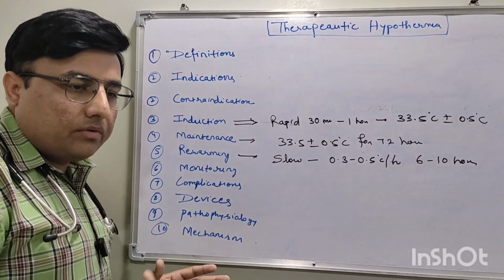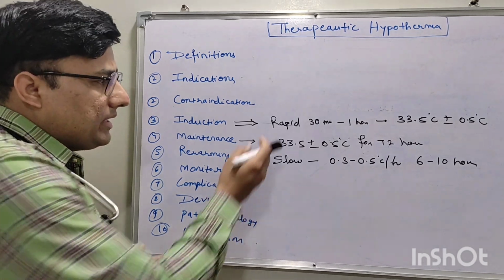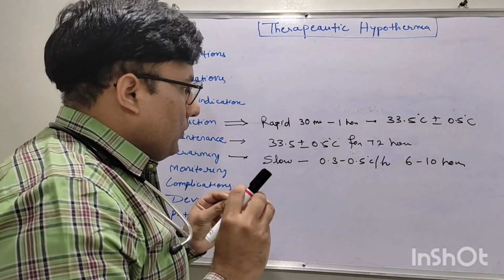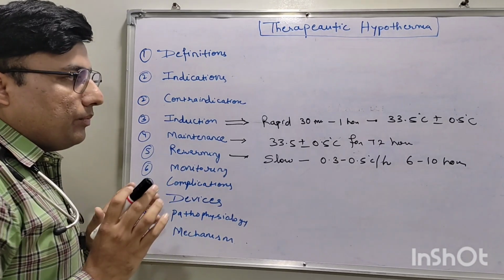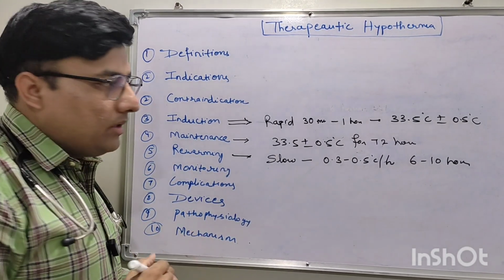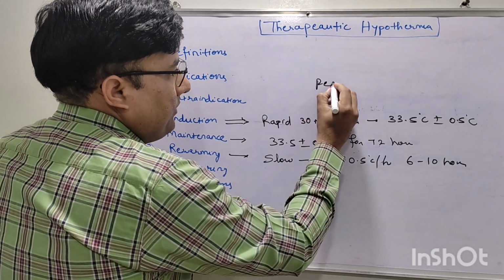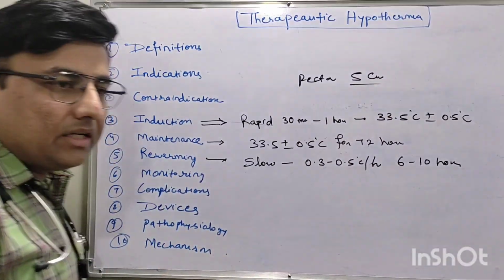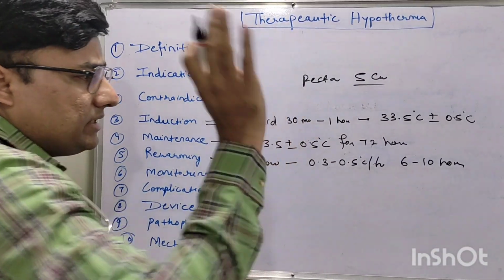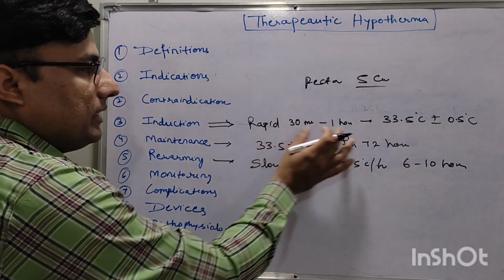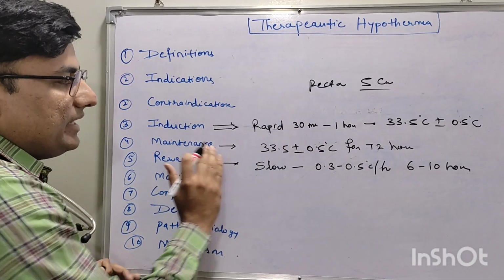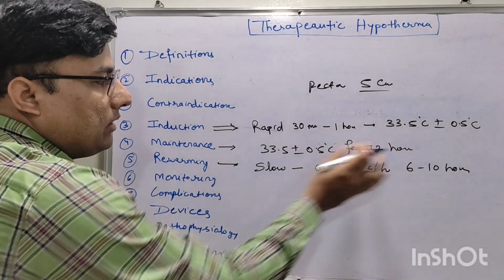And if we have that PCM material or manual, then in this case we have to do it manually. So we have to insert the rectal probe and measure the core temperature of the baby. Core temperature we measure by rectal probe. So the rectal probe we have to insert 3 to 5 centimeters in the rectum, and in this multipara monitor we have to monitor the temperature. So after the induction phase we have to maintain the temperature for 72 hours.